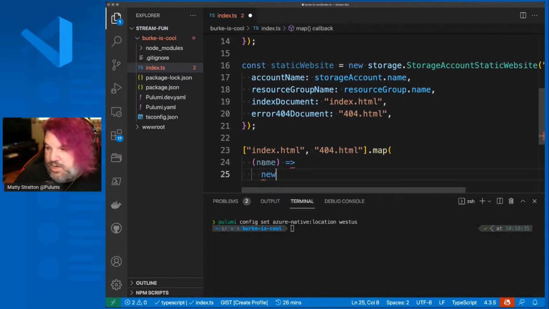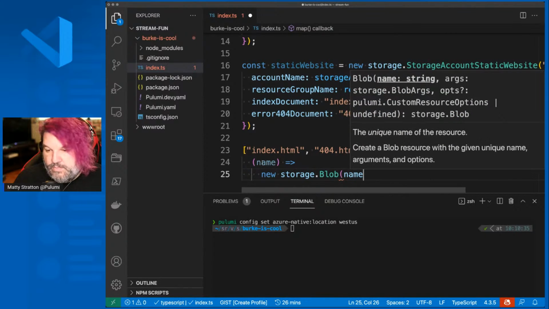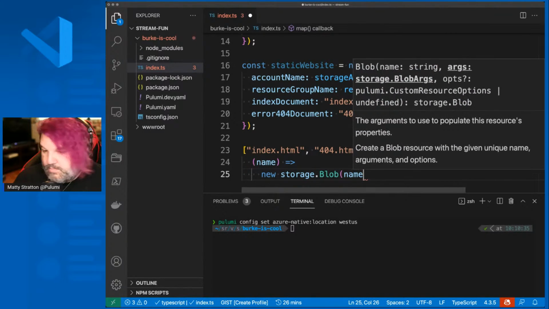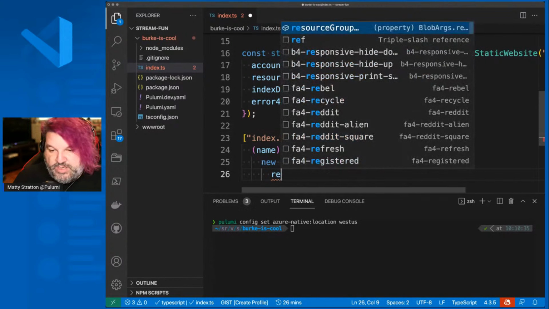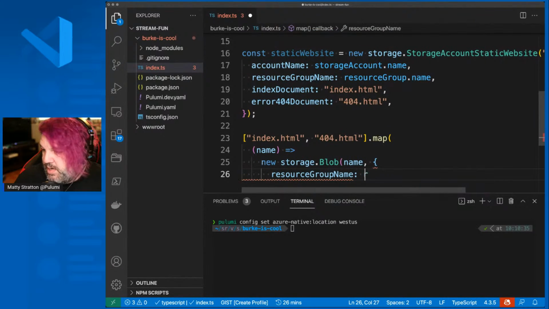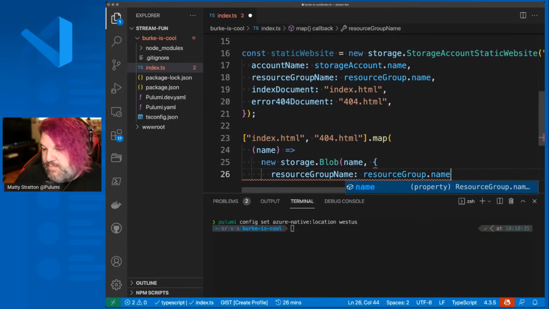And then this is now going to be a storage blob. Not a blog, it's a blob. We're going to say the resource group name for this one is our friend resource group name.